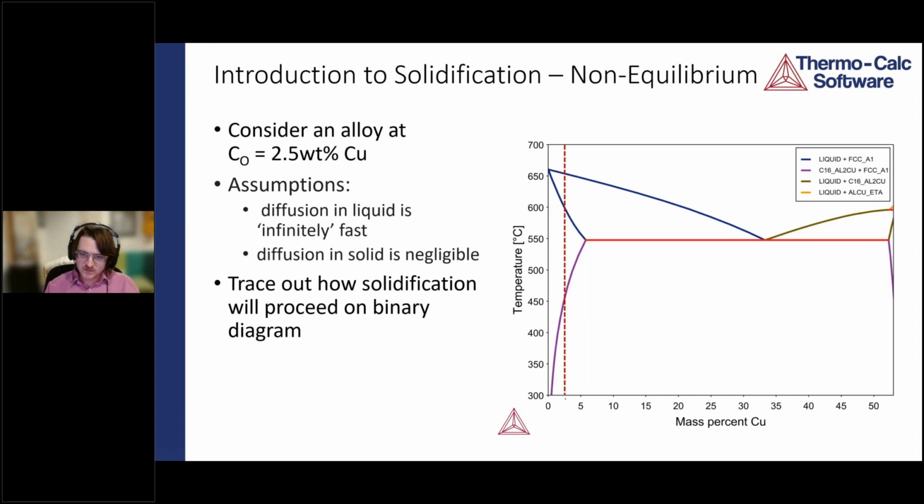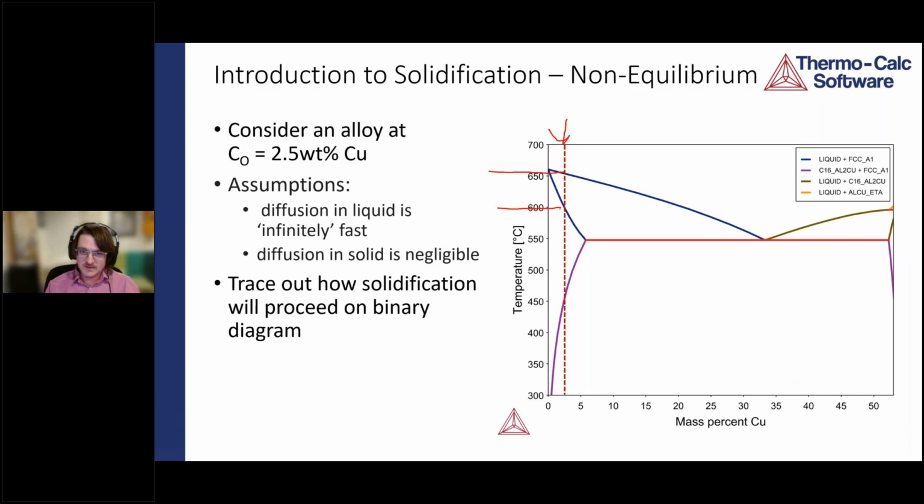So we've got this alloy here, and I give you the phase diagram, so you can plot the alloy here. It's this red dashed line. And I ask you, what's the solidification temperature range of this alloy? And you might look at the diagram and go, oh, well, the liquidus temperature is about 650 and the solidus temperature is about 600. Now you go cast this alloy into a,